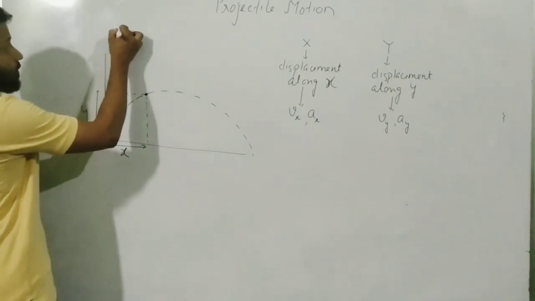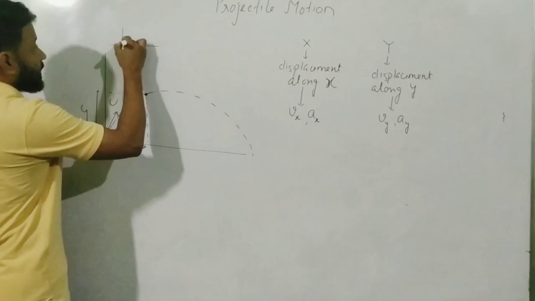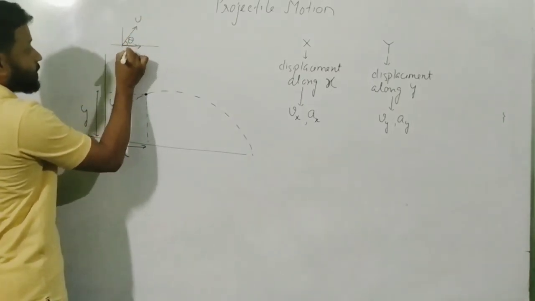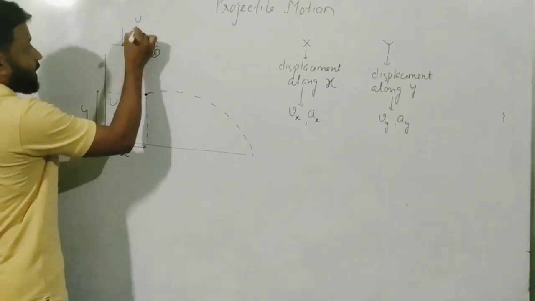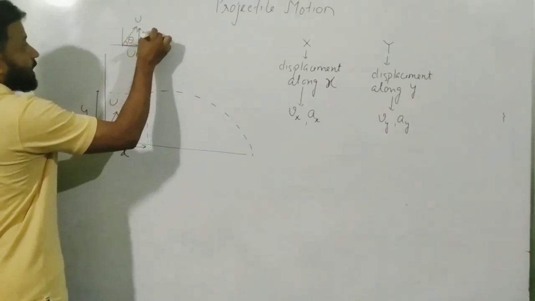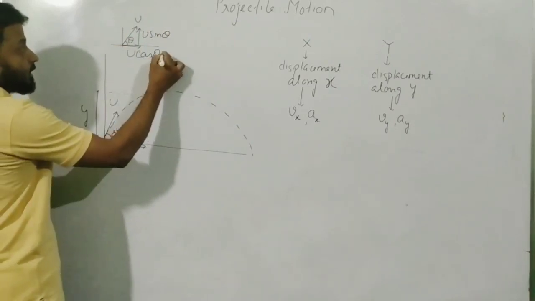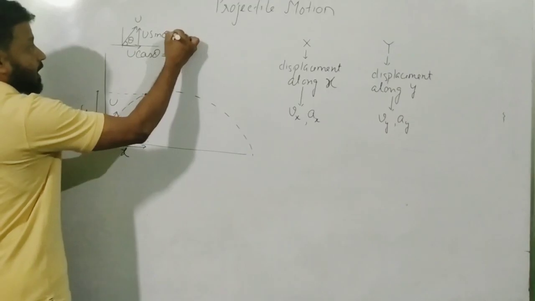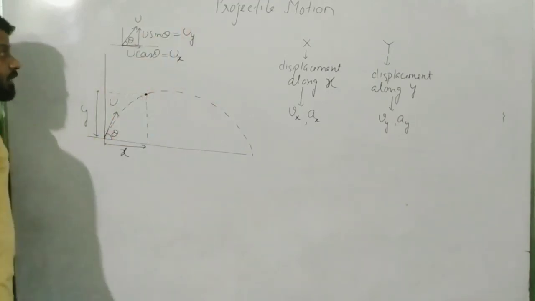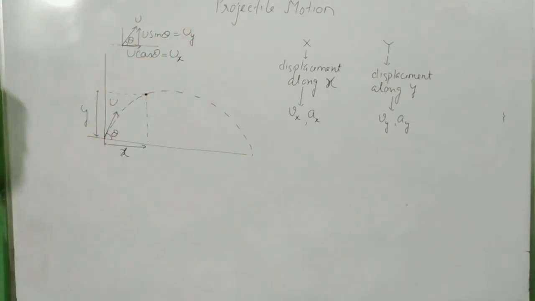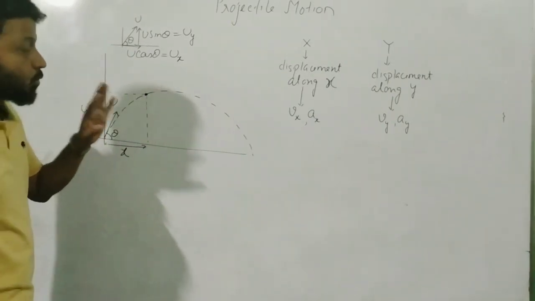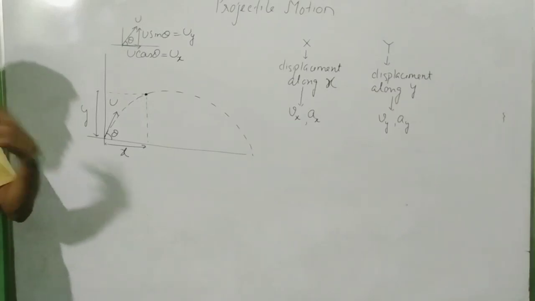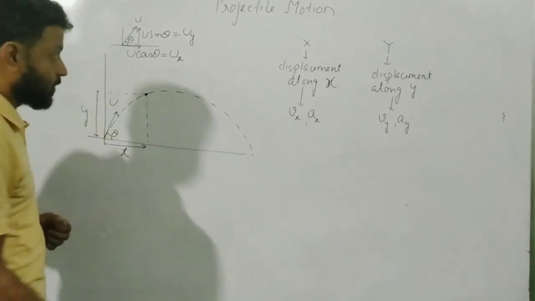If you see this initial velocity as u, which is projected in this direction and makes an angle of theta, I can very safely resolve this as u cos theta and u sin theta, the initial velocities along the x and y directions. So let me refer to this as ux, the initial velocity along the x direction, and this as uy, the initial velocity along the y direction. Now here, don't take it for granted that u cos theta is always the x direction velocity and u sin theta is always the y direction velocity.